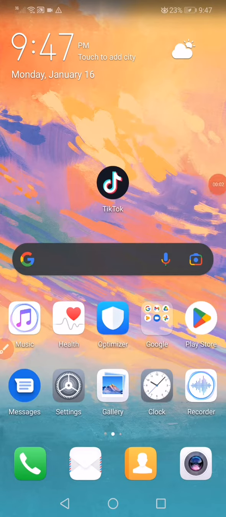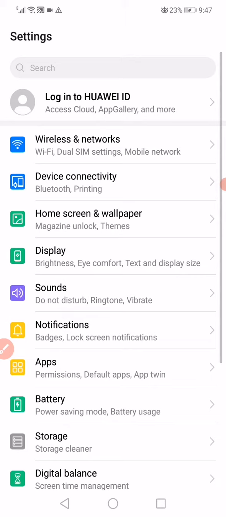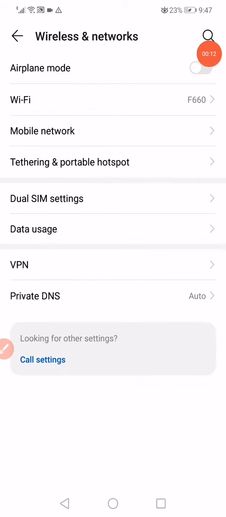Hello guys, so in this short tutorial I'm gonna show you how to fix TikTok message problem. So first thing you wanna do is just open the settings on your phone and then go to the wireless and networks and go to the airplane mode, enable it, and then wait a few seconds and disable it again,